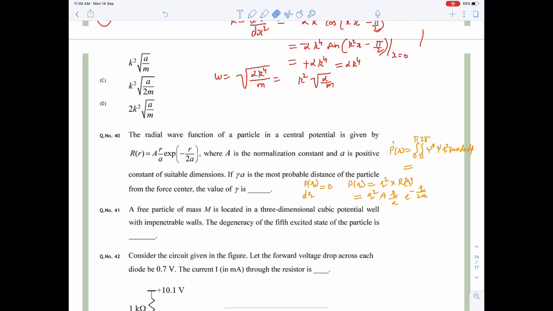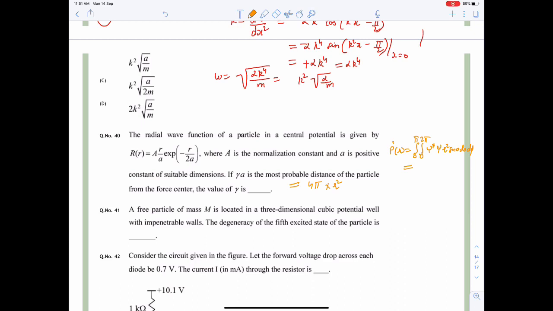Okay, I first calculate from this method, then we will go to our shortcut method. Now what you will get: the integral from 0 to pi and 0 to 2 pi of r square sine theta d theta d phi will become 4 pi. When you solve this, psi star psi will become, leaving the constant,